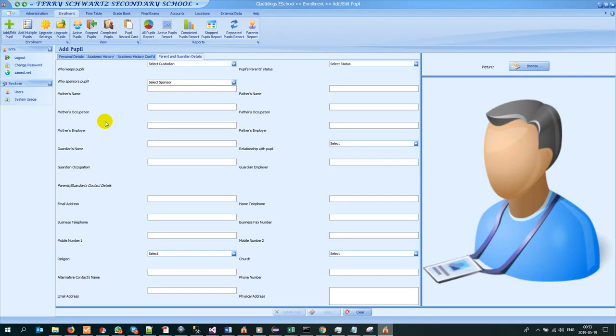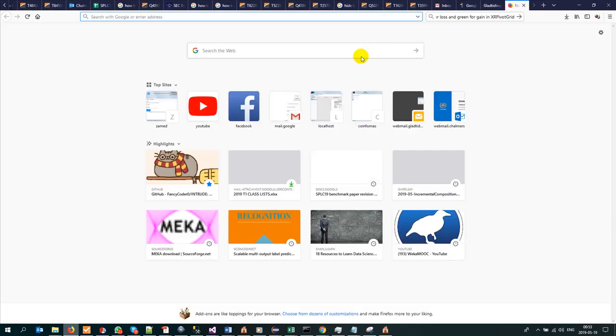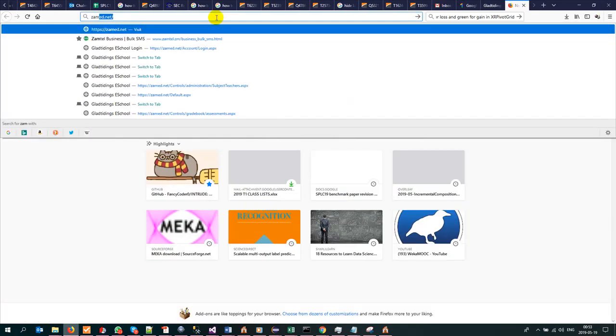Alternatively, I'm going to show you something here. If you are multiple teachers, this is one way you can add these teachers. You can add these pupils using your CSV. Of course, another way you could do it is if you have a certain number of pupils that you'd like to add manually, especially for the online system, because we don't yet have this import on the online system. That way you could simply assign each teacher. So let me go to Zamed,